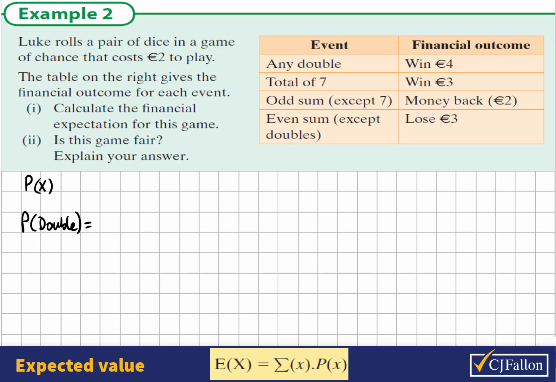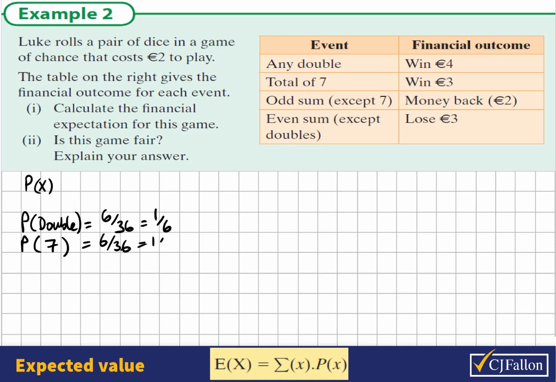If you roll 2 dice, the odds that the total would be a double: if you think about this, there are 6 types of doubles you could get out of 36 options. Double 1, double 2, double 3, etc. And 6 out of 36 is a 1 in 6 chance of rolling a double. The probability of rolling a total of 7: there are 6 out of 36 ways of doing this, or 1/6